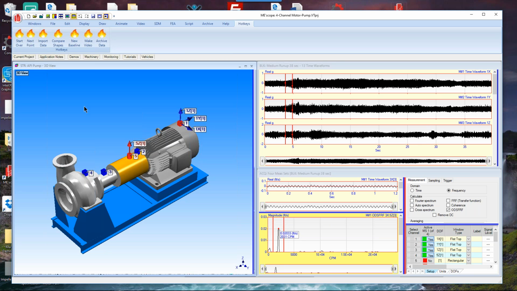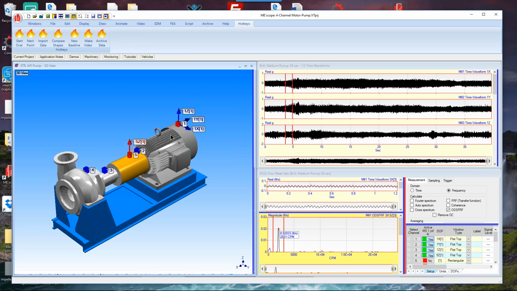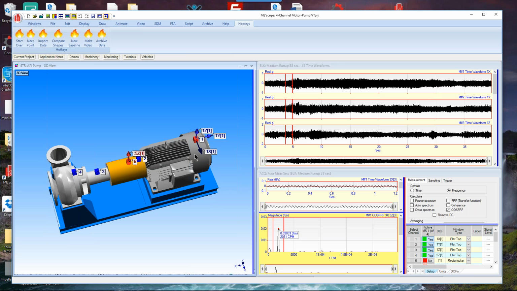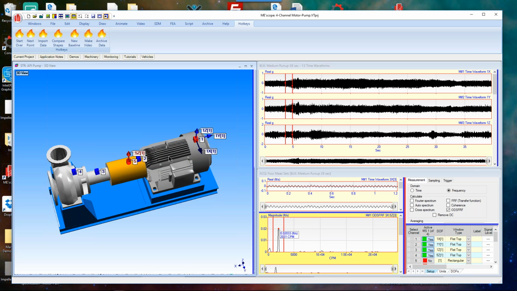things at a time. So on the left is a picture of the model, and you can see that there's some labels. Here's my first test point. It's number 1, and it's actually showing me the orientation of the accelerometer. So it's showing me how to put that accelerometer on there. Typically it would be magnetic, could be fastened other ways, but the operator would know that this is how that accelerometer needs to be placed on that machine so that the data that's collected would match up, at least in